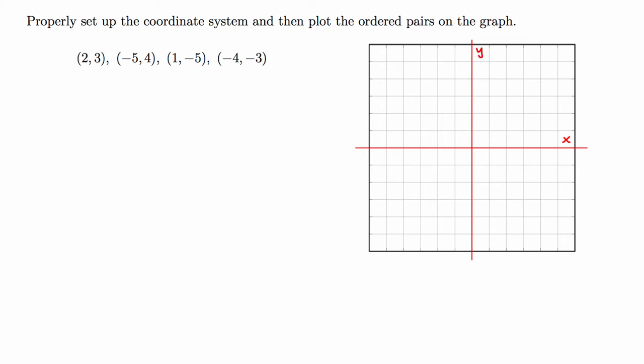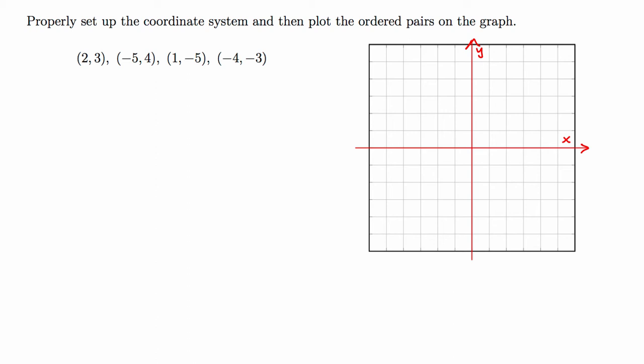The third detail that we need to incorporate is the fact that what we are looking at here in this 12 by 12 grid is a very small piece of an infinitely large graph. The way we do this is we put arrows on at least the positive ends of both the x and the y axes. Some people have the habit of putting the arrows on all 4 ends, which is fine. Some people have the habit of just doing the positive ends. You'll want to confirm with your instructor what is minimally required for your course.